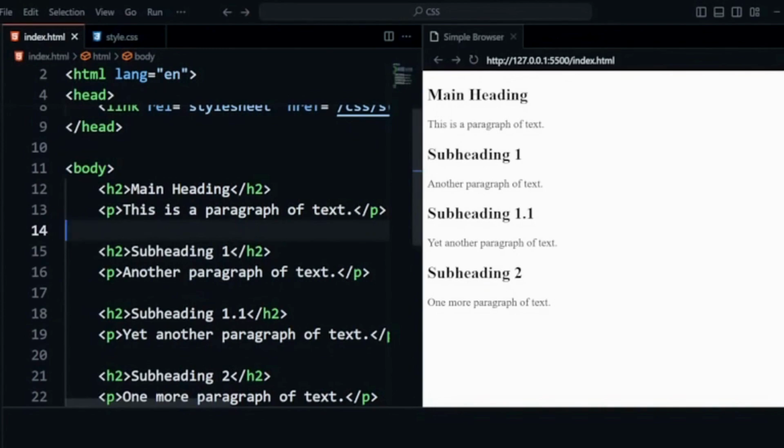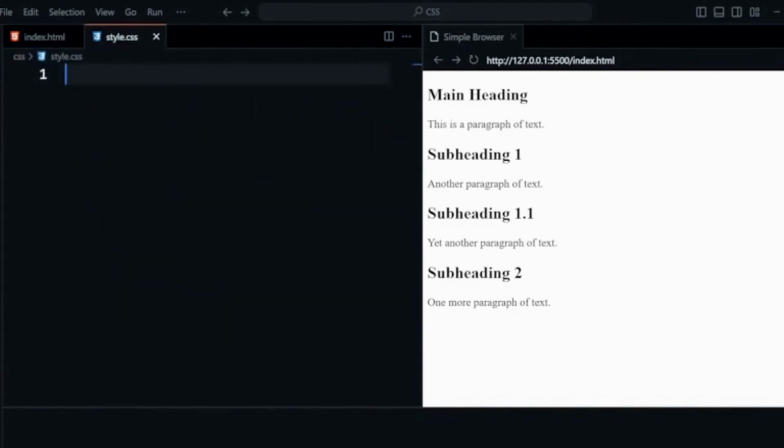Today in this CSS series we are going to discuss color, how to set colors to your element. So in my HTML page I have some H2 headings and some paragraphs. My HTML file is very simple. So to set my background color I could use my body element name as my element selector and then curly bracket.